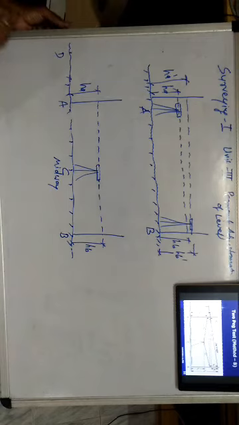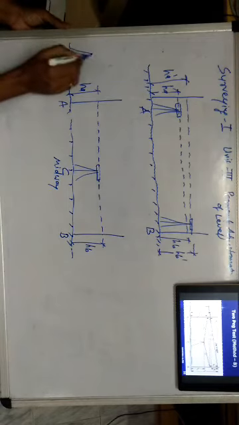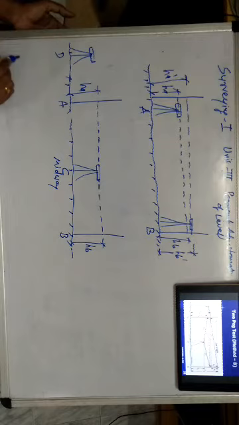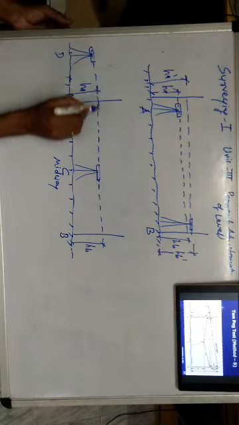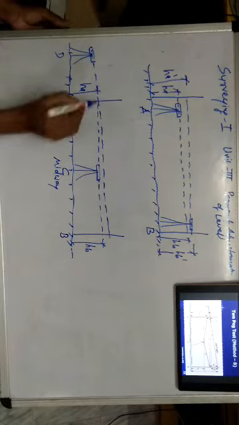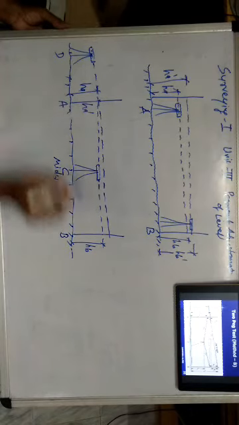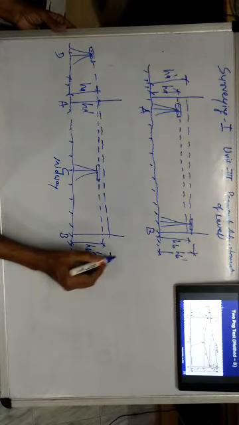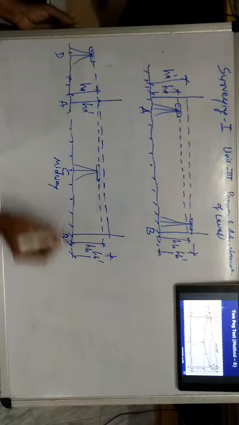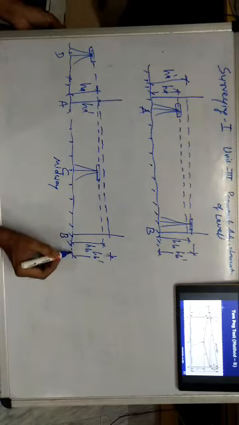So suppose we have taken the station D, and here again we have placed the leveling instrument. So in this case also, again this is suppose our line of sight. So again here you will get HA dash, so that is the reading at staff A, and again here you will get HB dash. So again the staff reading at A and B is taken.